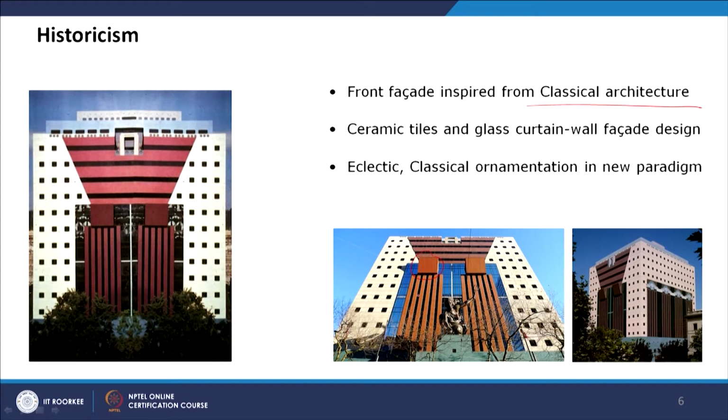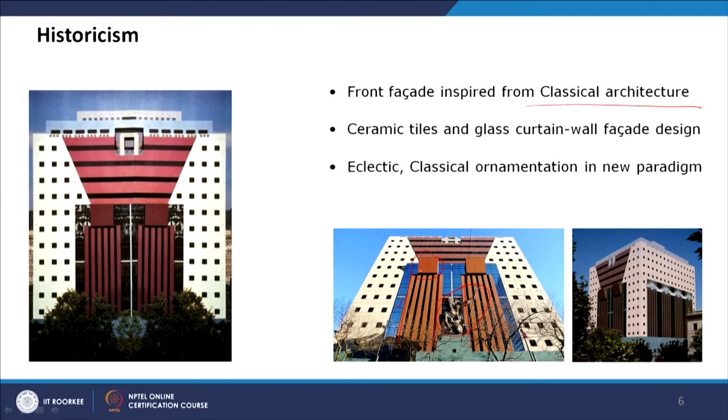So here you can see this looks like two columns, and the Greek gods sculpture also depicts that this is taking inspiration from Greco-Roman architectural style. So these Greek Ionic columns are translated into the contemporary design language. And also, if you look, there's a glass curtain wall behind that, so that's one background, and there's